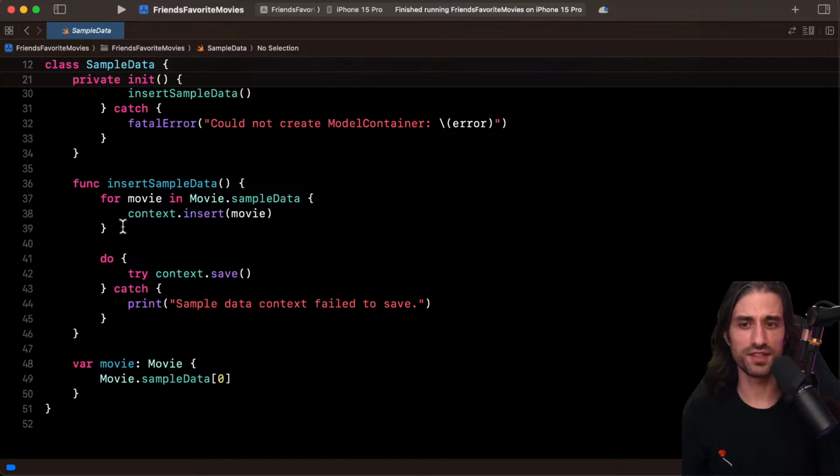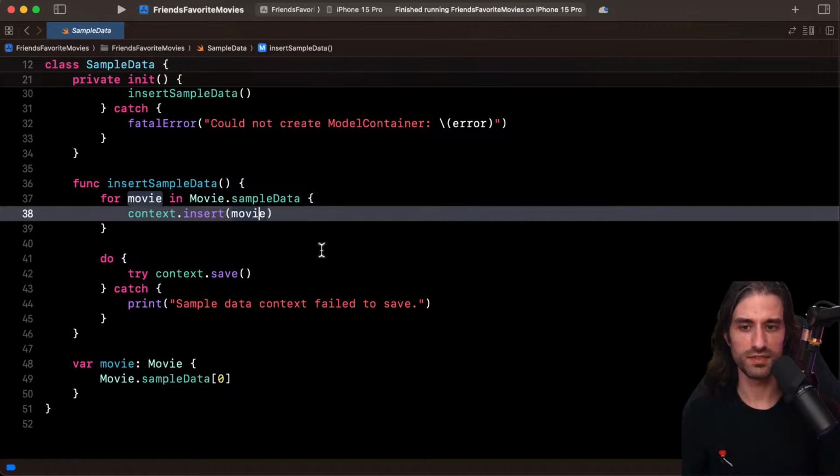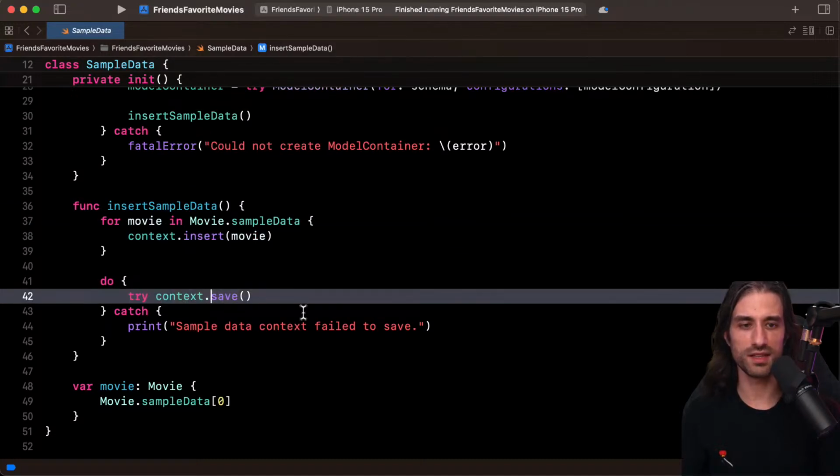Here you can see a bit of interesting code on how to save some sample data. You just take the context, insert a movie, simple as that, and then you save the context in order to flush the cache and commit the changes. I might be using the word commit slightly wrong here, because commit has a specific meaning when talking about databases. The word commit kind of implies that you can roll back, and I'm not sure that you can, so it's more about saving. So it's about saving the data in the model and letting the UI know that it needs to be updated.